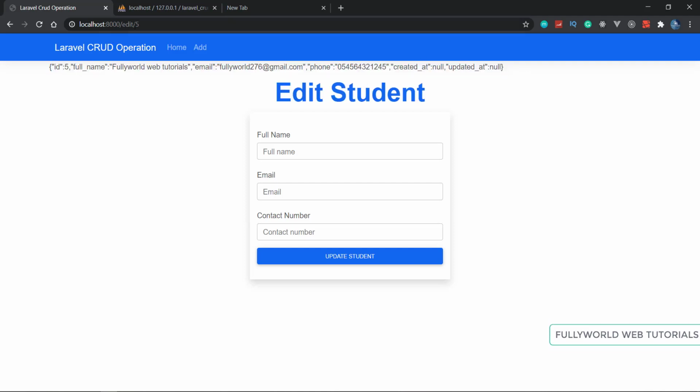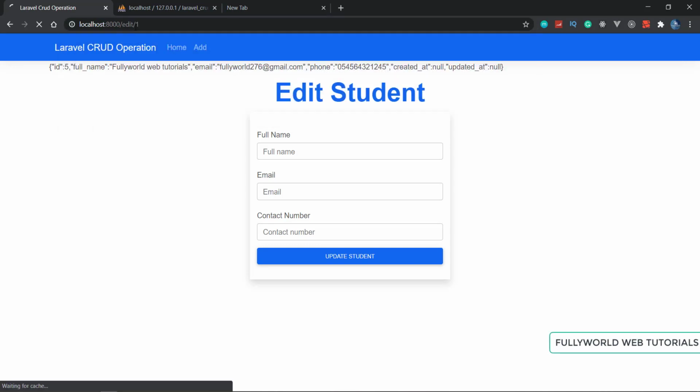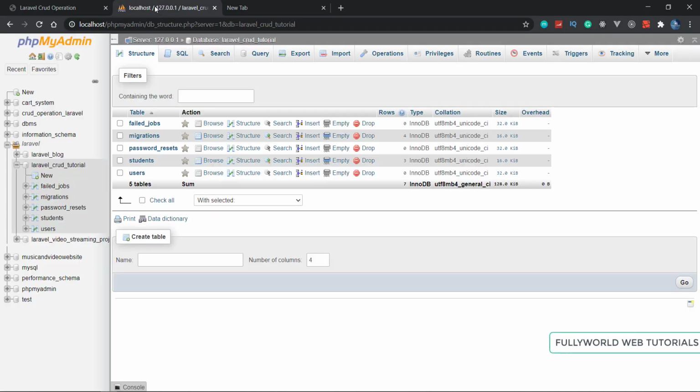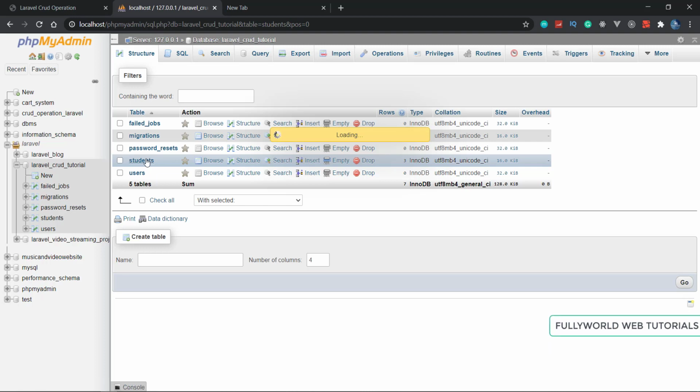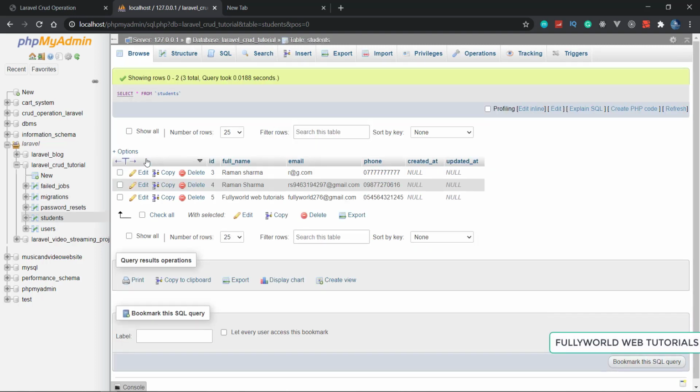But if I write 1, because see that in our database, when I go to the students table which we are working with, let's wait for its loading. See that it is loaded successfully, and here only ids 3, 4 and 5 are present.